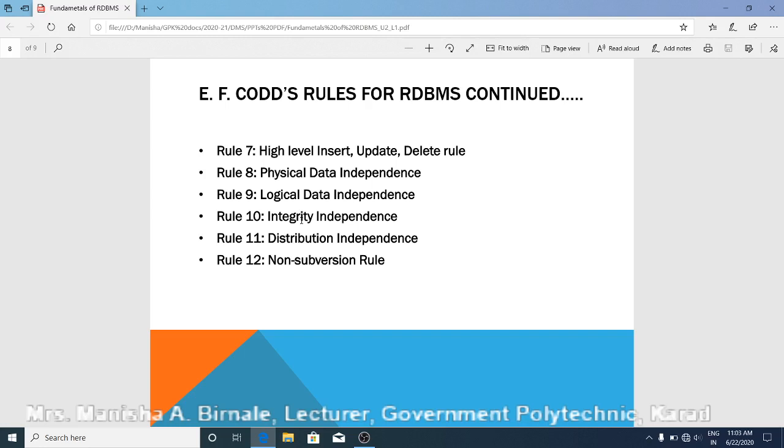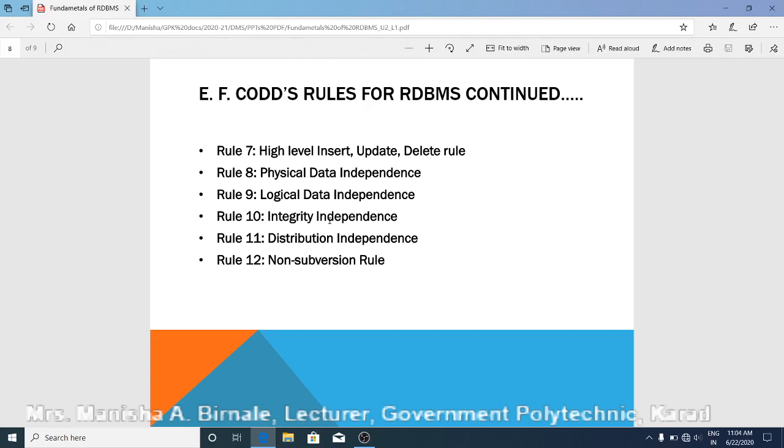This is also an integrity constraint. Or a column percentage marks should take values less than or equal to 100%. It should not take values greater than 100%. These rules are called integrity constraints, and one should be able to modify them without modifying the application. This is the integrity independence rule.